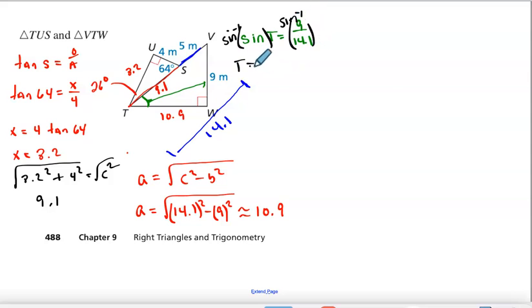So I'll be left with T equals inverse sine of 9 over 14.1. That leaves you about 39.7. So this is 39.7 degrees,